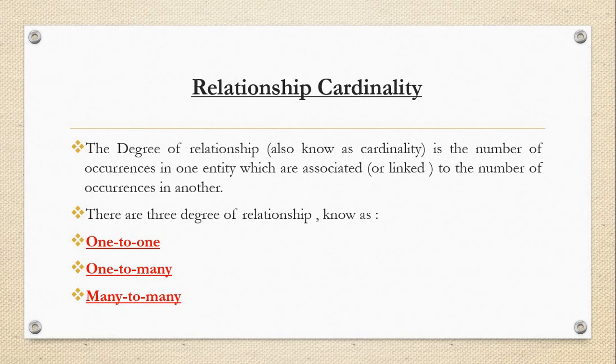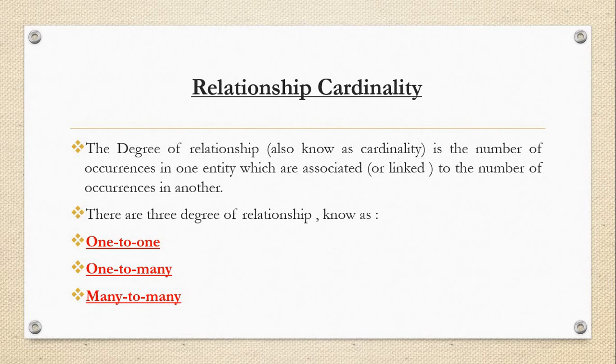Okay, so assume that if we have 5 tables, then we will check the relationship for the first table with the second table, the first table with the third table, the first table with the fourth table, the first table with the fifth table. We cannot relate one table with two other tables at the same time. If you want to check the relationship, we check one table at a time. So between two tables we can check the relationship. In that, there are 3 degrees of relationship, or cardinalities.